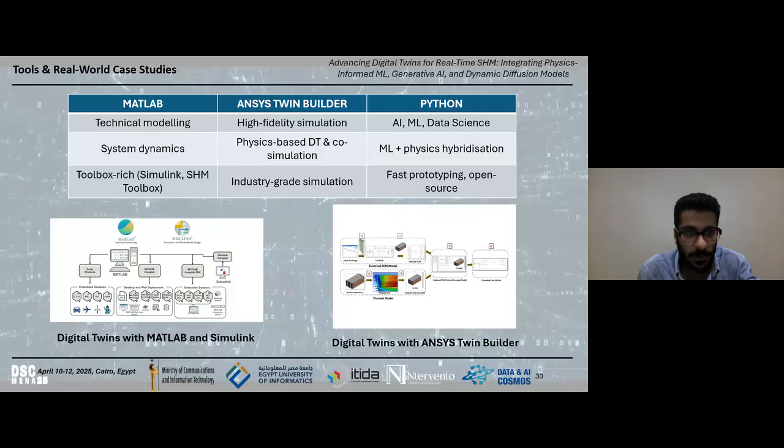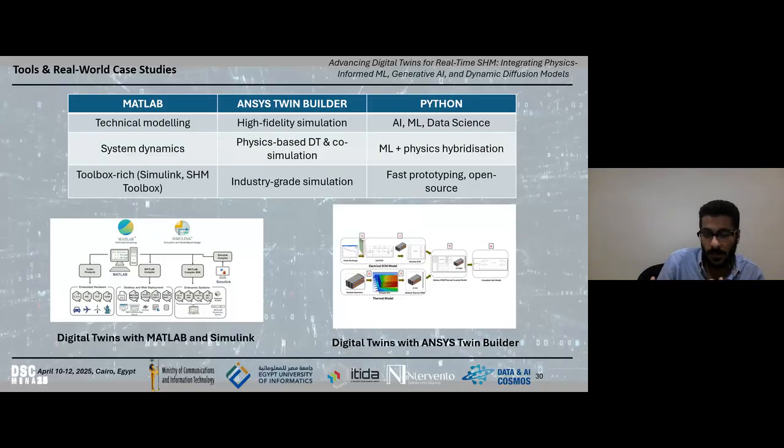Definitely, for those who don't know how to work with this technology, I know that a lot, or maybe all of us, know how to use Python and how to implement code. But the main idea is how to integrate your knowledge in coding with these new technologies, because it was one of the challenges for me as a civil engineer to learn from scratch how to program, for example how to use finite element modeling, and how to use MATLAB to run finite element modeling without using any software.